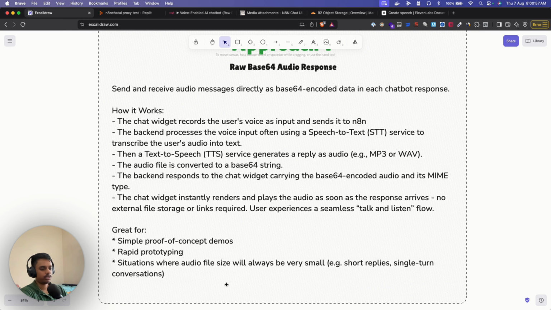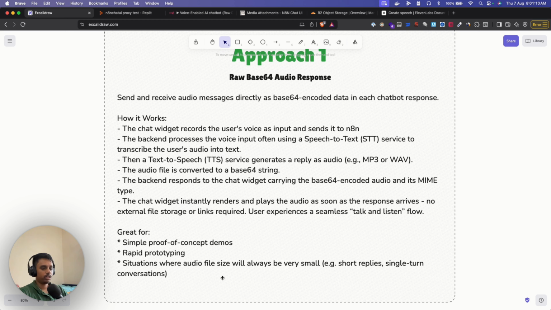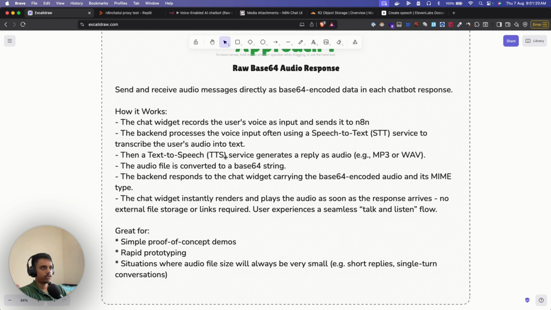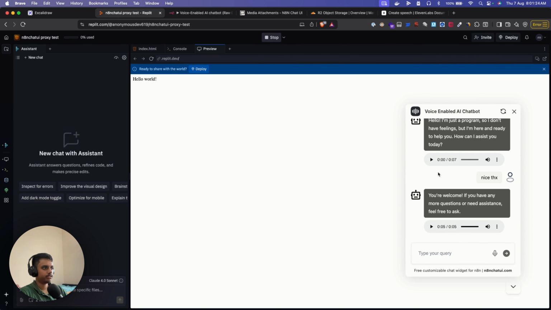If you're trying to build a complete audio to audio solution, then this approach doesn't really work that well, as there are a lot of issues around it. I'll talk about the downsides of this approach in the further sections, but this is what it's good for. And also another thing is, if I just go back to the widget part,